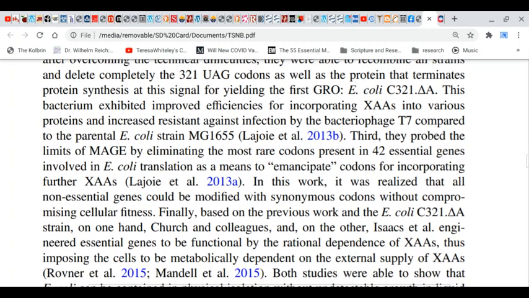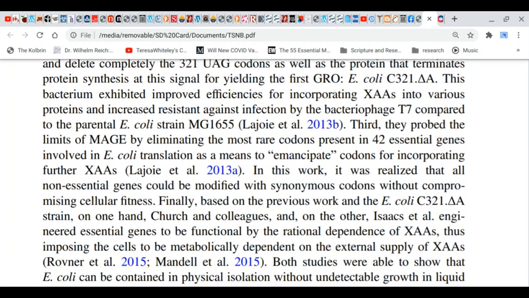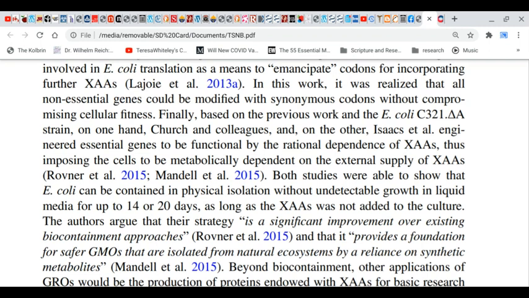Finally, based on the previous work in the E. coli strain on one hand, Church and colleagues and others, and on the other hand, Isaacs, engineered essential genes to be functional by the rational dependence of XAAs, thus imposing the cells to be metabolically dependent on the external supply of XAAs. Both studies were able to show that E. coli can be contained in physical isolation with undetectable growth in liquid media for up to 14 to 20 days, as long as the XAAs was not added